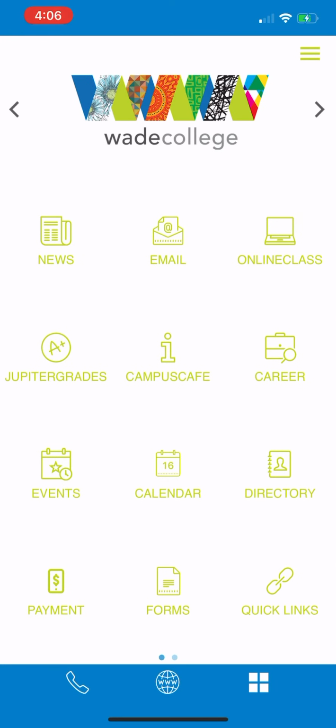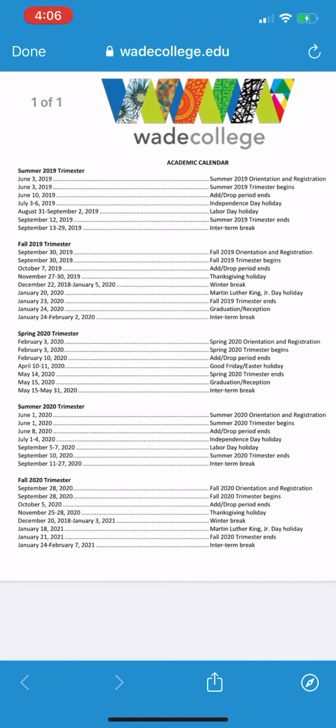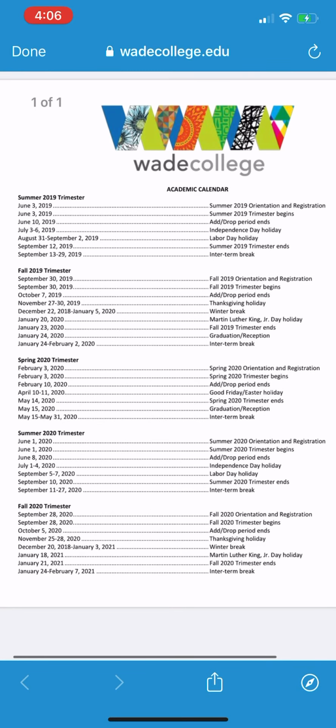All right. The next one is calendar, and you might be wondering how events and calendar are different. The calendar feeds directly from our Wade College website, and this calendar is an official academic calendar. It is uploaded by our president to the Wade College website, and by July 1st, we will have a more